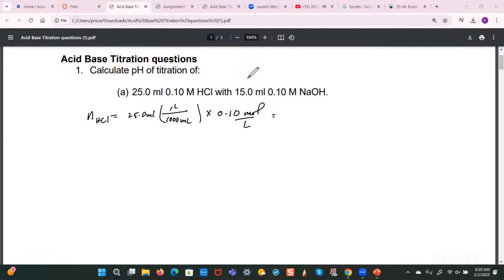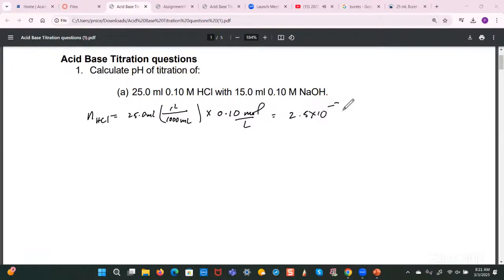So that would be equal to 25 times 10 to the minus 3 times 0.1. Okay, so according to my calculations, I got 2.5 times 10 to the minus 3